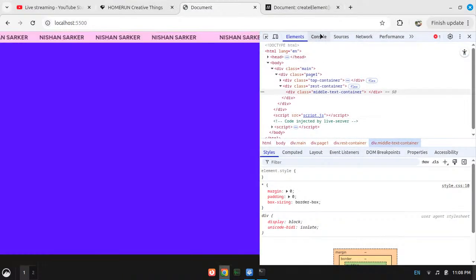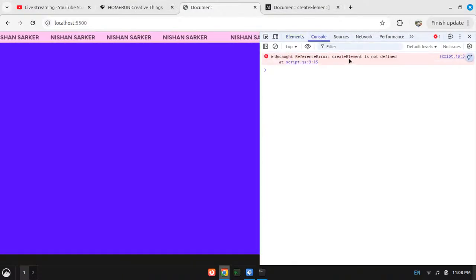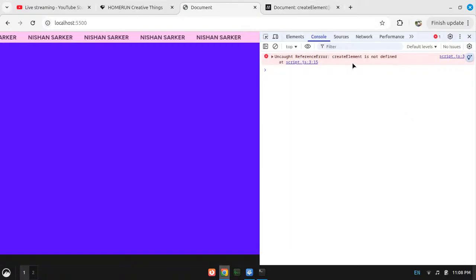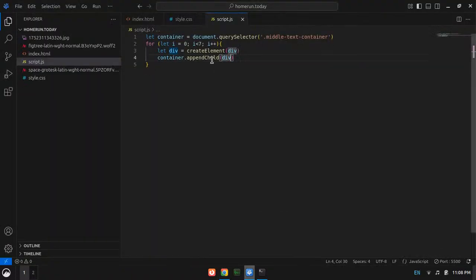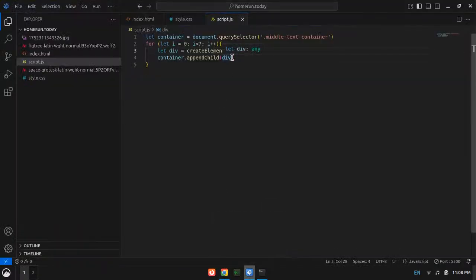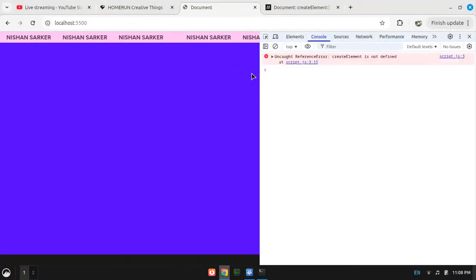I have some errors. createElement, how do I do this? createElement div. Okay, I guess I need the div in quotations. createElement is not defined.